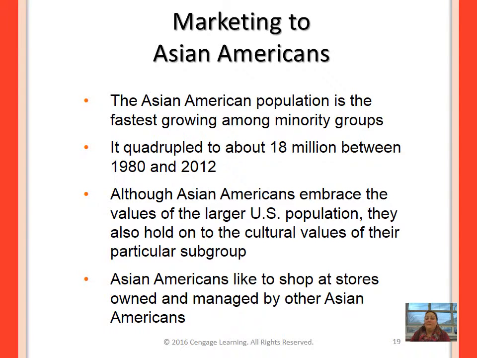Asian Americans represent only 6% of the U.S. population. They have the highest average family income of all groups, which is $68,780. 52% of all Asian Americans over the age of 25 have at least a bachelor's degree.